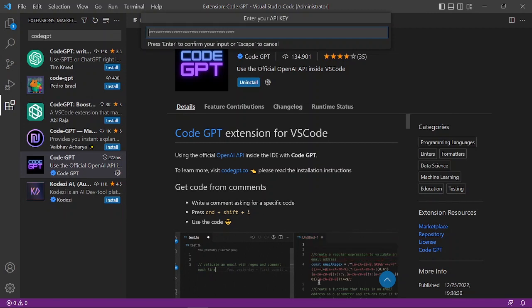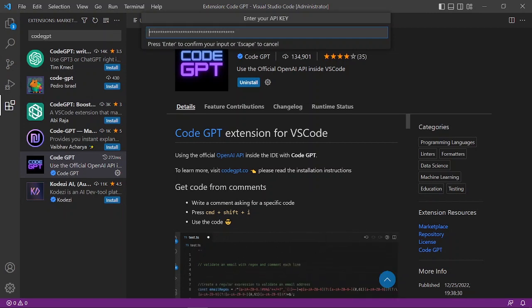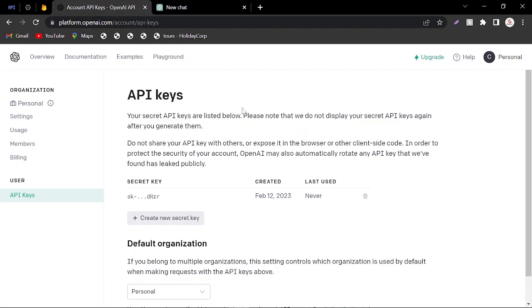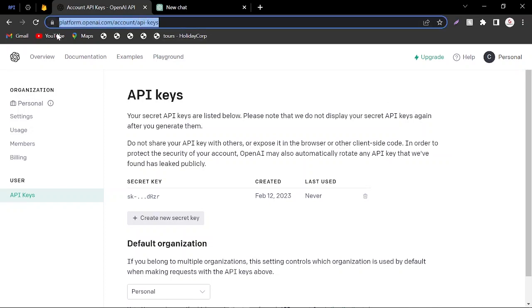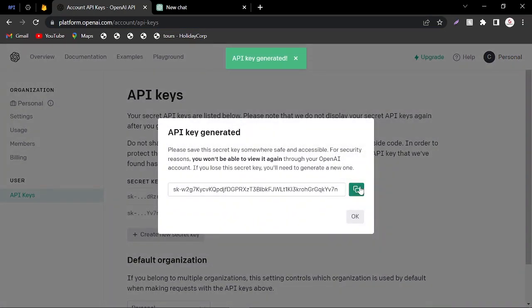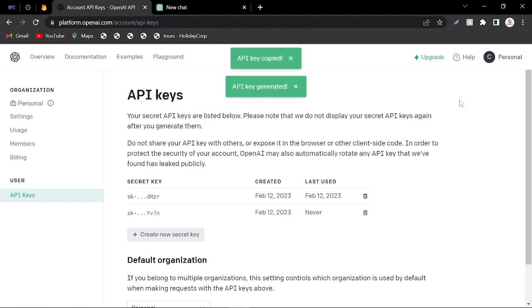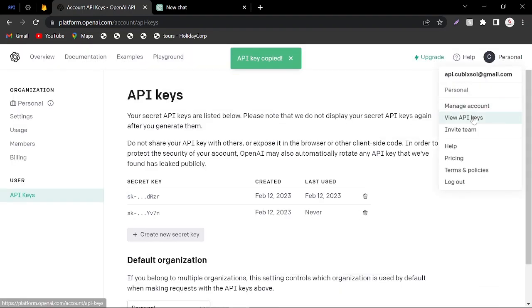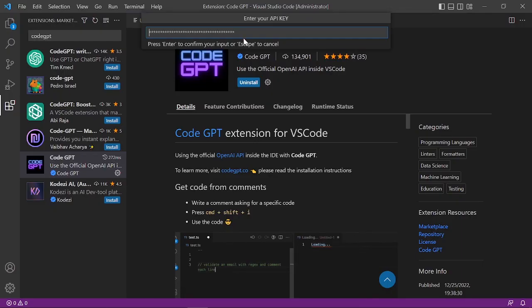So from there you have to set the API key, but for now we have to get the key from the ChatGPT account. So let's dive into ChatGPT, and you have to make an account to get the key. After that you have to hit this URL to get the key, and from there you can generate a new secret key. Just click on it and copy the key. And from here you can get all previous API keys. Just click on view API keys,